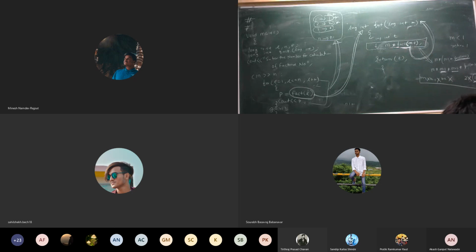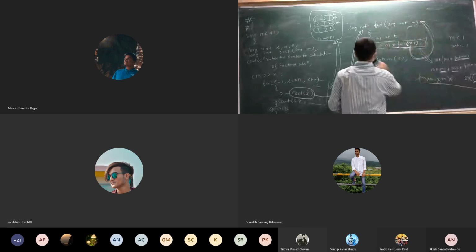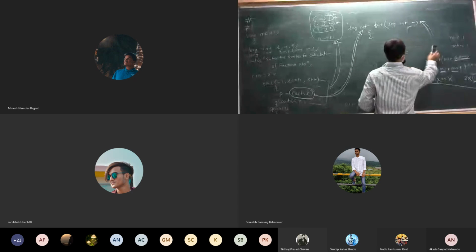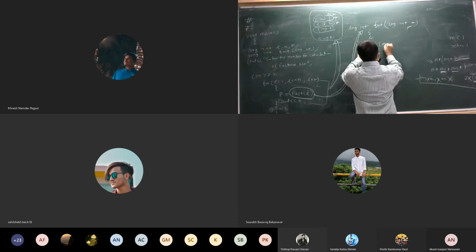There should be a single condition where the m value is less than 1, then we return the value 1. We need to write the stop condition also. If m is less than or equal to 1, return 1. Else